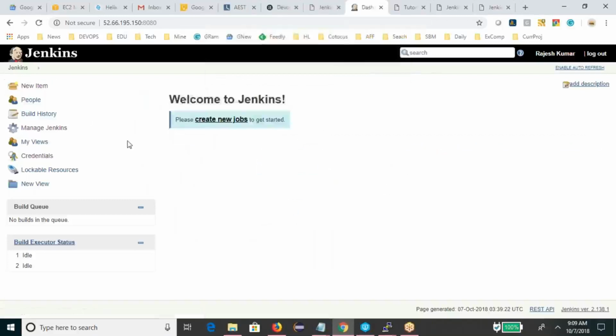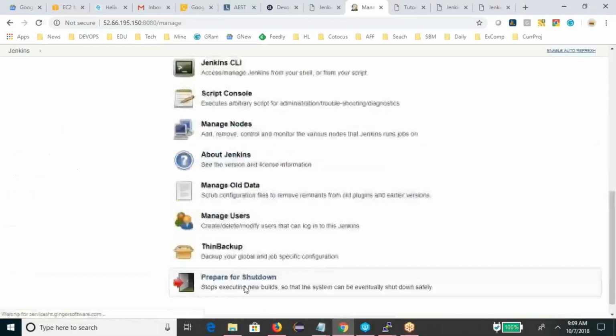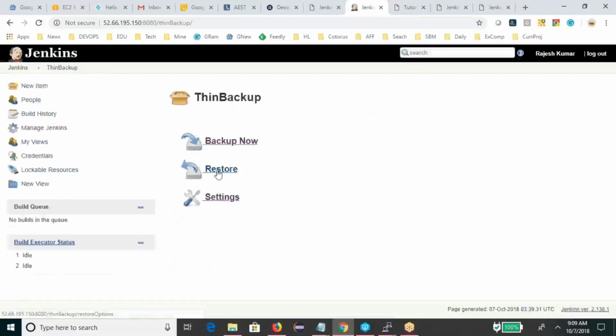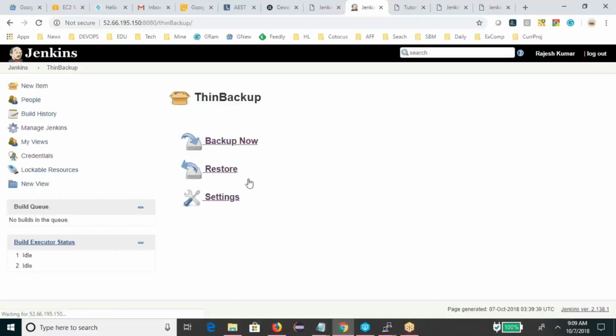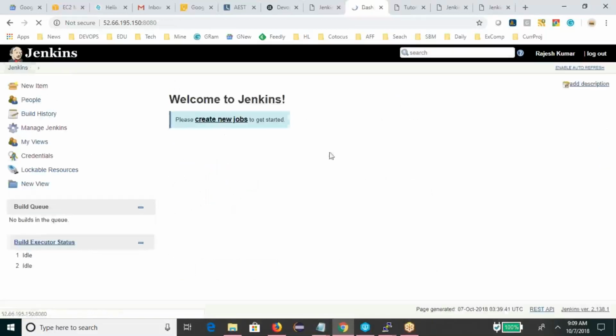You have to set up a new Jenkins, set up the backup plugin, and go and restore the one which you wanted. If you have more backups, you get more in the list. As of now, I have only one backup, and then restore. And after the restoring also, you will not be able to see it. So what you have to do, either restart the Jenkins, or a quick solution you can do: